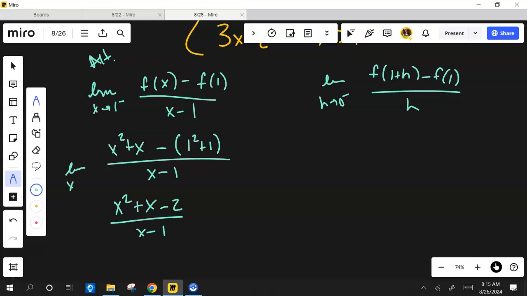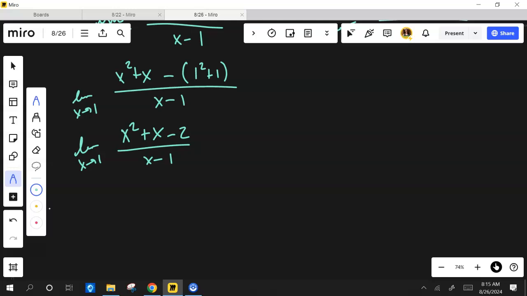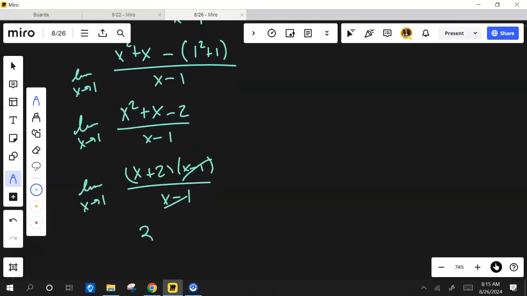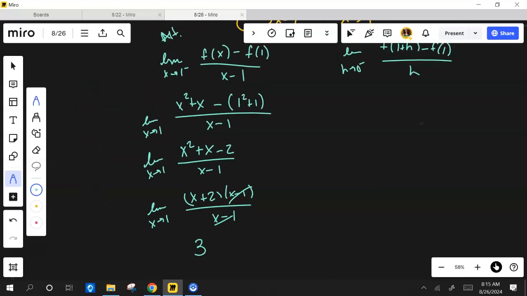Remember, for this, I'm going to 1. I can factor the top: x plus 2, x minus 1. Remember, what's the goal? Not 0, but 1 this time. Well, 0 with the other formula, yes. All right, I can plug it in. What do I get? 3. Just to prove my point,